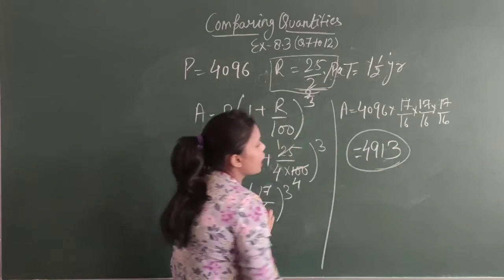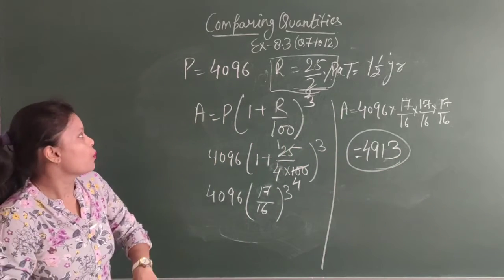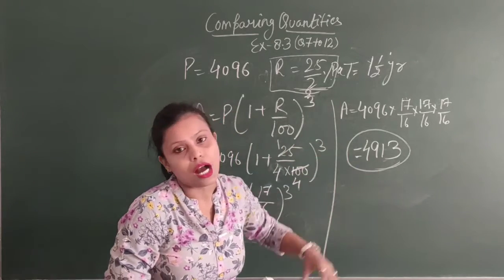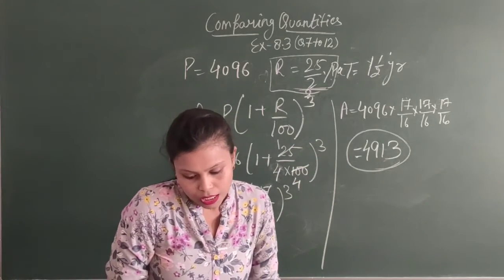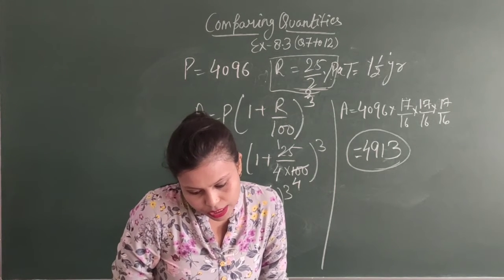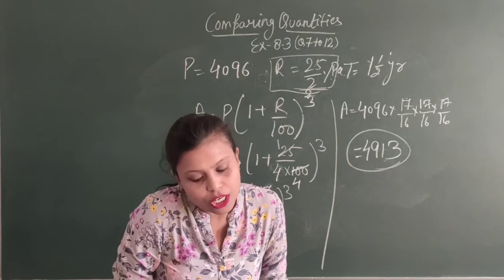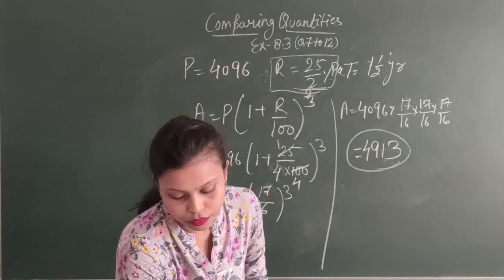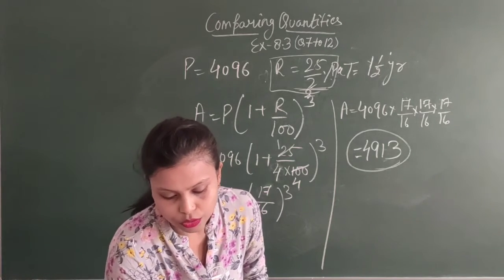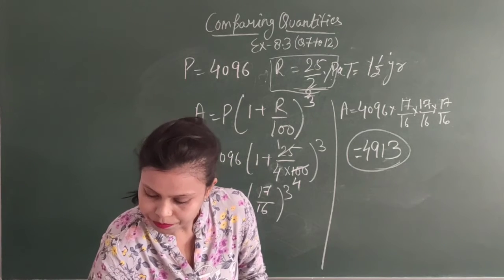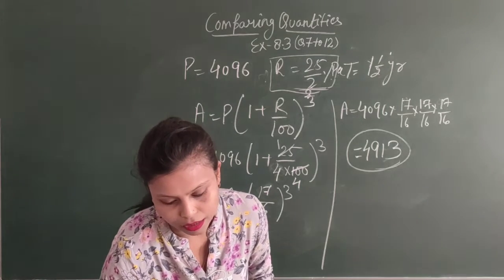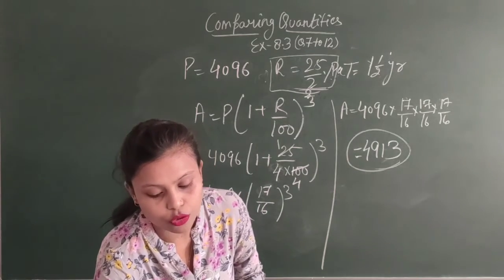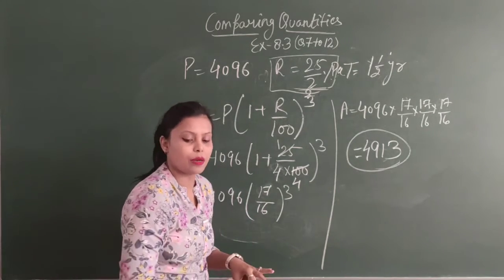So this is the amount which will be after the 1.5 year. Okay. 10th question is just like the other 7th, 8th and 9th. Okay, so you can solve it on your own. Now let's come to question number 11th. I'm just giving you the idea. This is the same as compound interest.